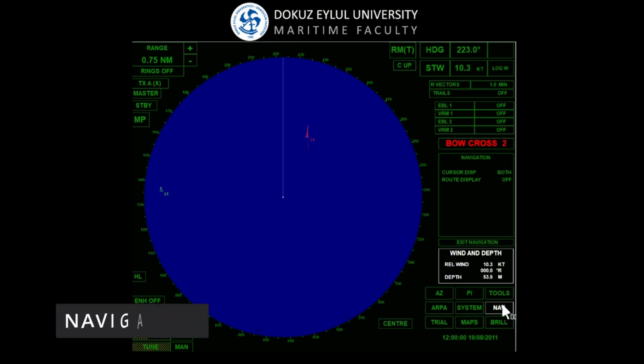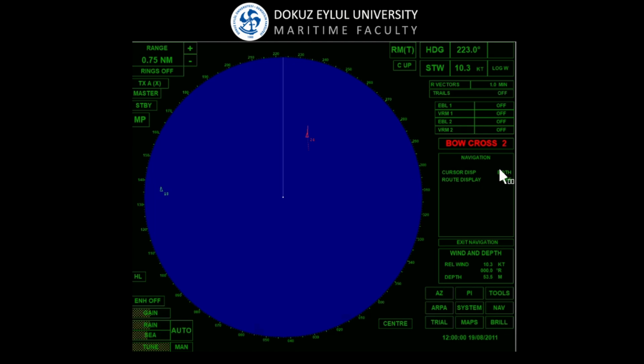With the cursor displayed option in the navigation tab, which information the cursor will show on the radar screen is set. For example, at the same time, with the route display option, the route leg is displayed on the radar screen. For example,